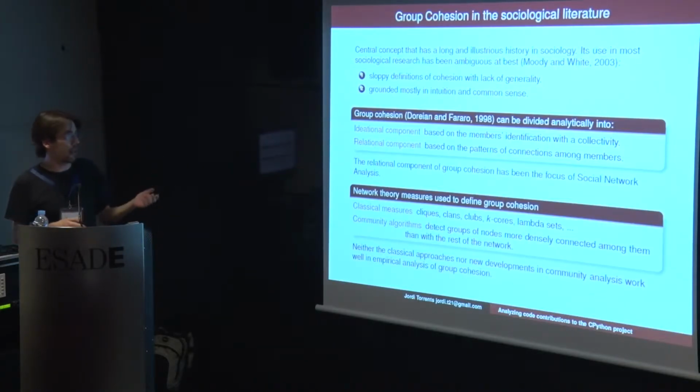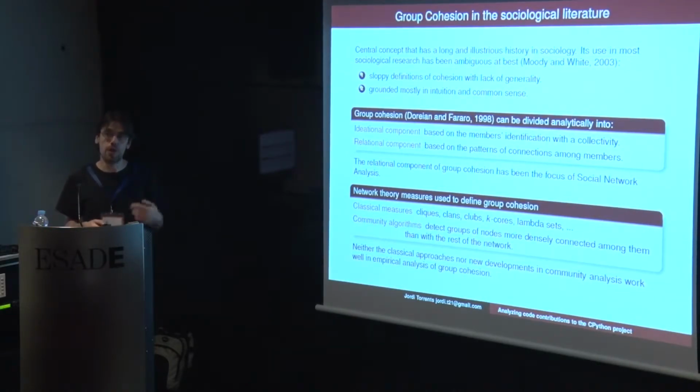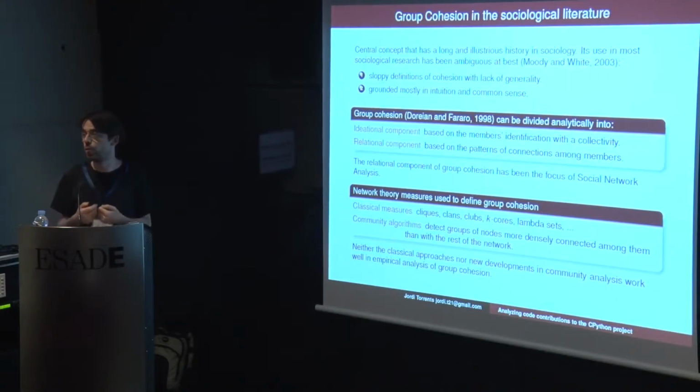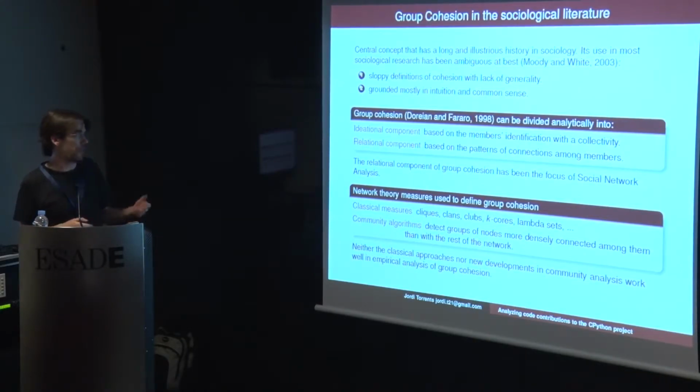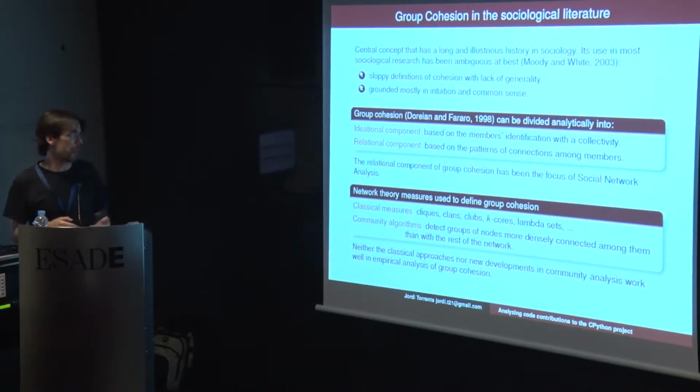But in sociology, quite recently, actually, maybe during the 70s of the past century, social network analysis started to be a very used approach to analyze these kinds of things. And the relational component, which is based on the connections between the people that form a group, allows us to have quantitative metrics to assess the cohesiveness of a group. If you are familiar with network analysis and graph theory, there are a lot of measures about groups and about cohesion. For instance, the more classical measures like cliques, clans, k-cores, lambda sets, etc., and more recently the community